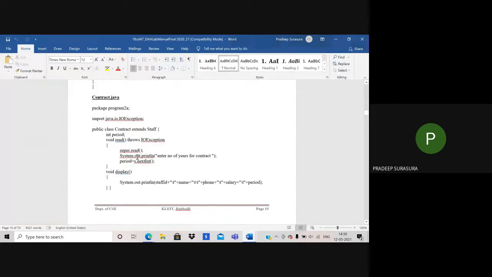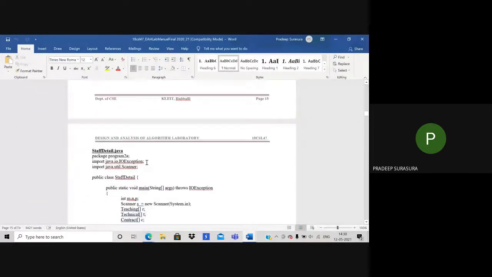Same way I try to read the number of years of the contract. So this int period will give me the number of years the contract is, followed by the read, again super.read, followed by period, and then display.